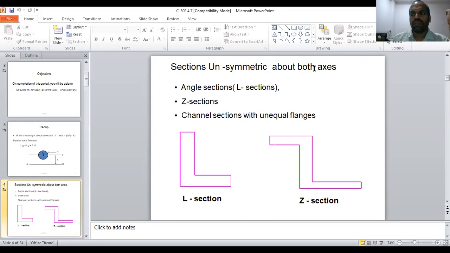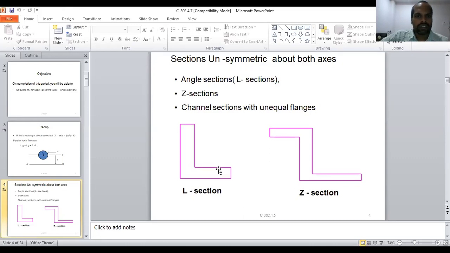Right? As far as moment of inertia is concerned, there is not much difference. No additional process is required for the calculation of moment of inertia. The only thing is that the centroid calculation becomes a little bit lengthier. Otherwise, the moment of inertia calculation is not a big issue. Whether unsymmetric about both axes or symmetric about any one axis, it will be more or less the same; the same effort is required. Whereas in the case of centroid calculation, it is a little bit lengthy because the section is unsymmetric about both axes, so we need to calculate the centroid x bar as well as y bar. That is the only thing.